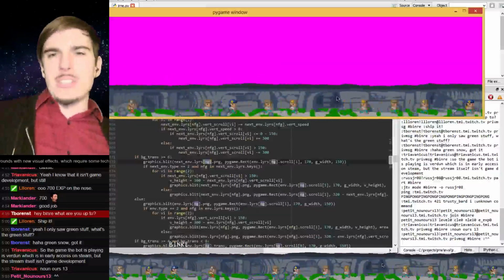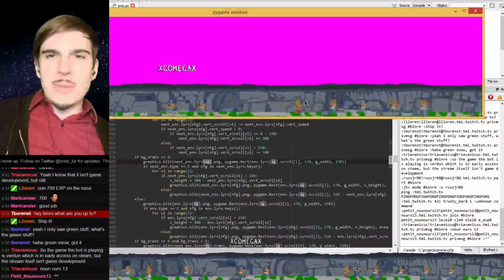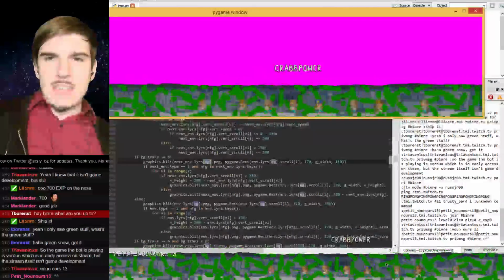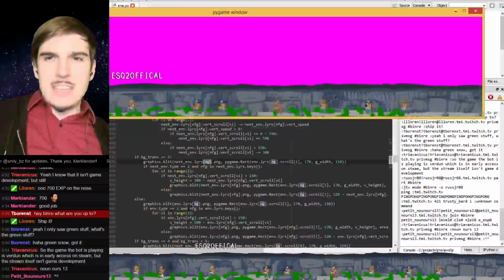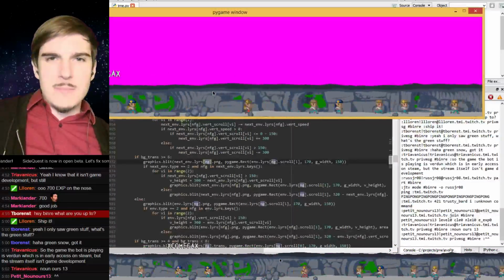So maybe I should look at the thing first where it only shows up half the time, because that one's pretty easy and pretty obvious. But then, what was the thing about sometimes the other stuff would draw in front of it? That's the one that doesn't make any sense to me. Why is that layer drawing in front of this layer?